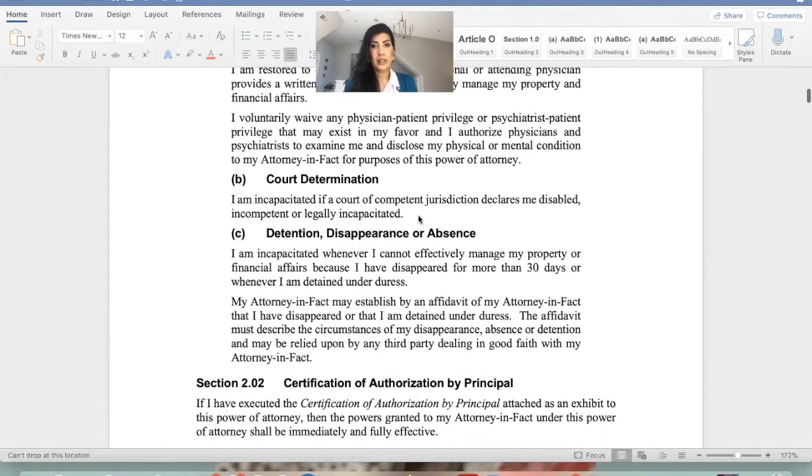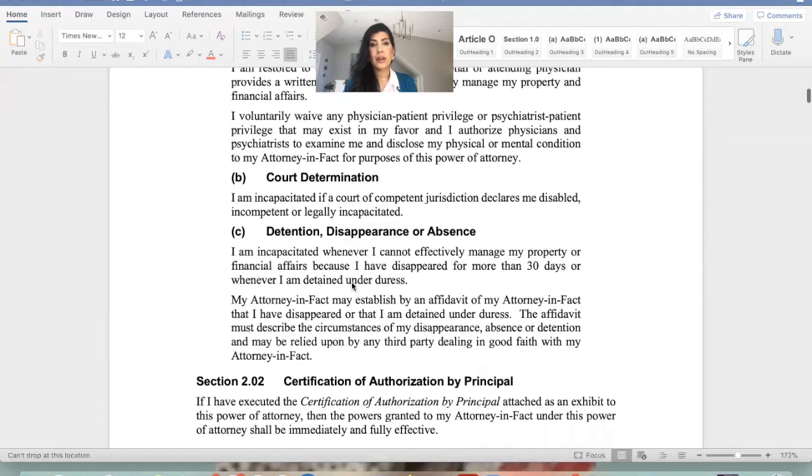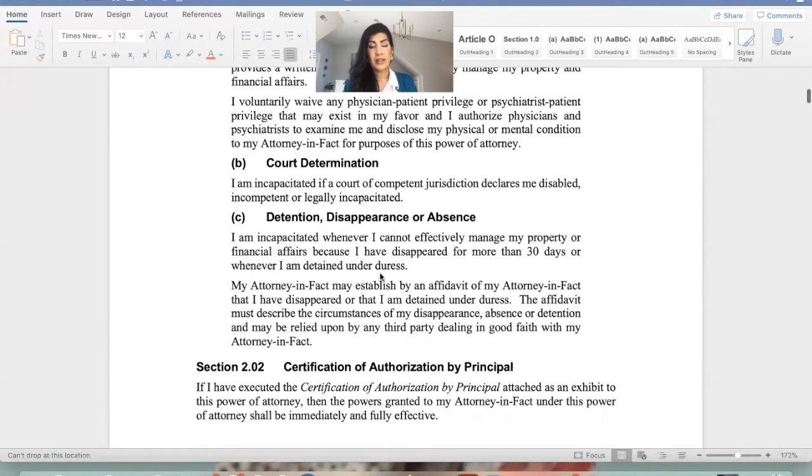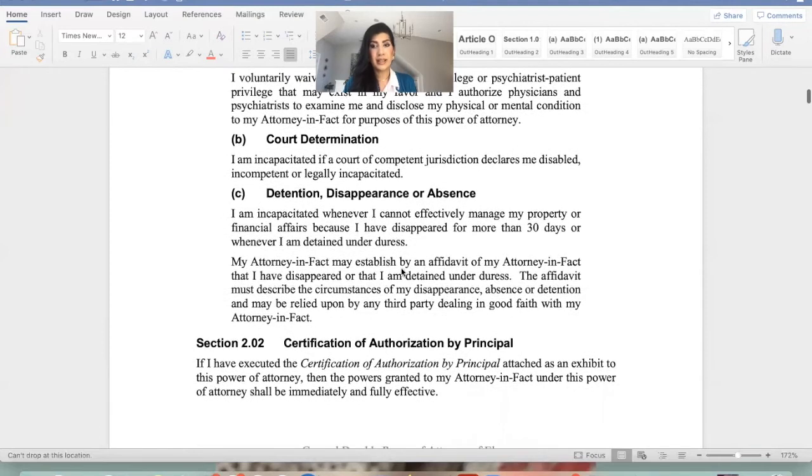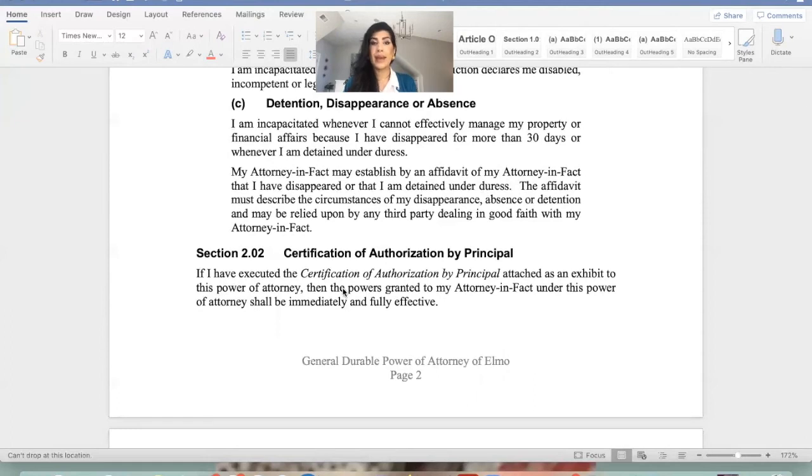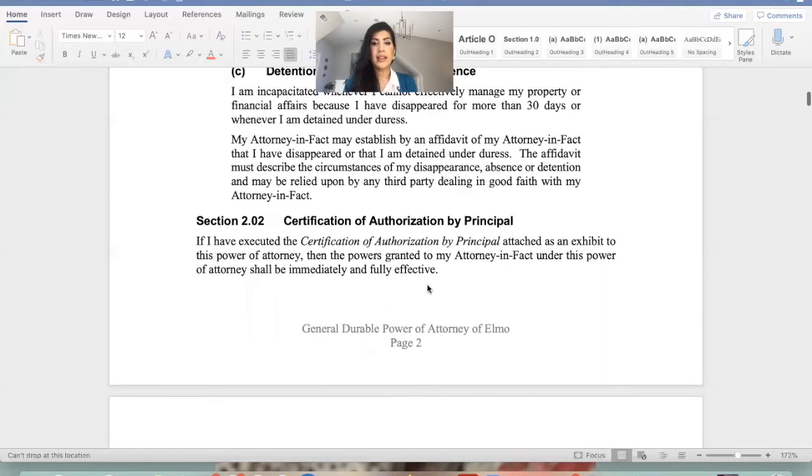A court can always determine if you're incapacitated, or if you are ever jailed or disappear for more than 30 days, then this also kicks in. And the last way, I should say, that a power of attorney can be triggered is if you yourself decide, I want this document to get triggered. I no longer want to be the one taking care of things. I want the person that I have named in this document to step in and take care of my stuff on my behalf. If that is the case, then